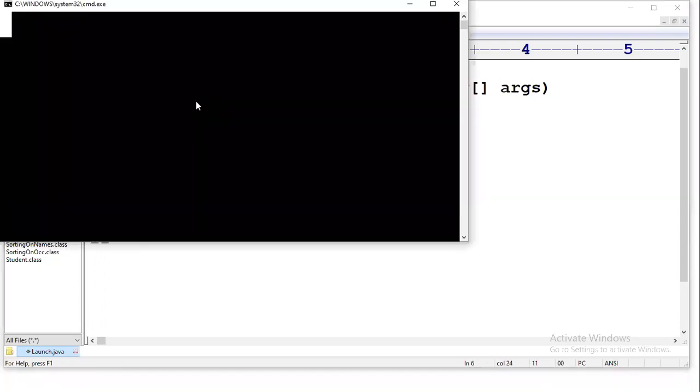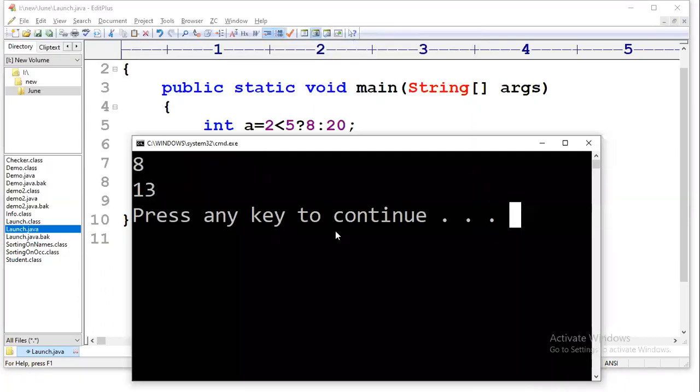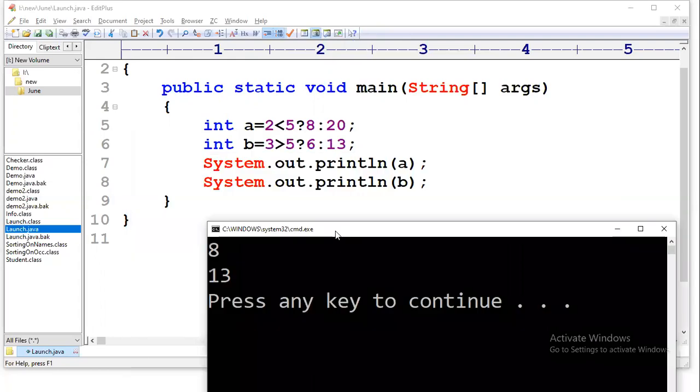So the answer should be 8 and 13, right? Why? Because when the condition is true, the first value is given to A. When the condition is false, the second value is given to B.